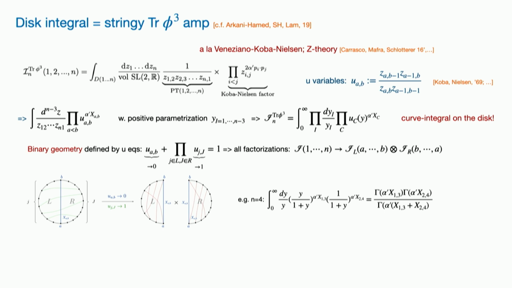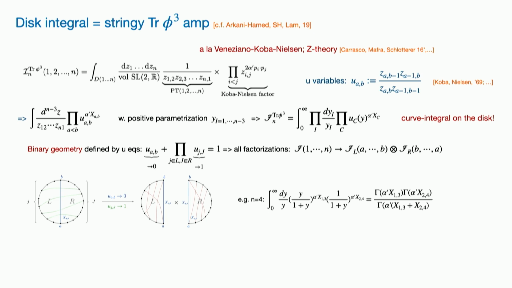Why is it more useful than the original worldsheet formula? It makes all the factorization completely manifest. By factorization, I mean you go to some position where one of the X equals 0 at the field theory limit, or equals some non-negative integer at finite alpha prime. Whenever that happens, the integral is localized by the corresponding u variable of that curve going to 0. But this equation tells you, because all the u are between 0 and 1, this is a positive space with ordering,